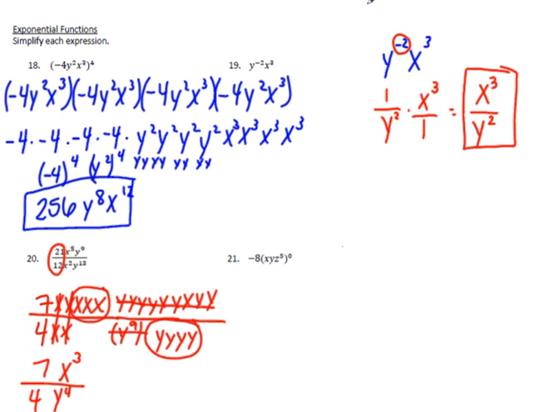Let's see if this is going to let me write. So negative 8 times that quantity raised to the 0 power. Anything to the 0 power is 1. So really what we have here is just negative 8 times 1. Or in other words, you just have negative 8. So your final answer on 21 is just negative